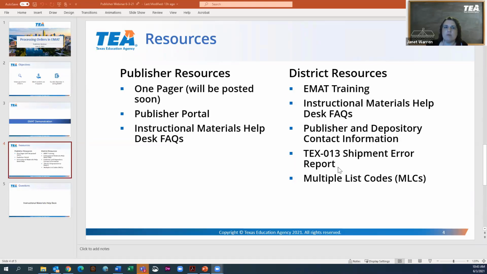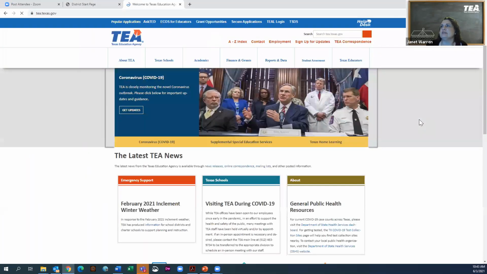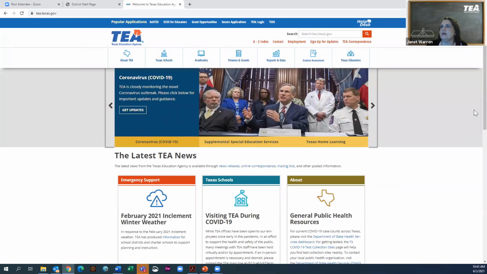There is the shipment error report that we talked about briefly. If a district has to return some materials, or the materials came to them damaged and they need to get those materials replaced, they'll fill out this form, and then also how to get to the multiple list codes. So I'm going to stop showing that, and I'm going to show you how to get to all of this information on the TEA